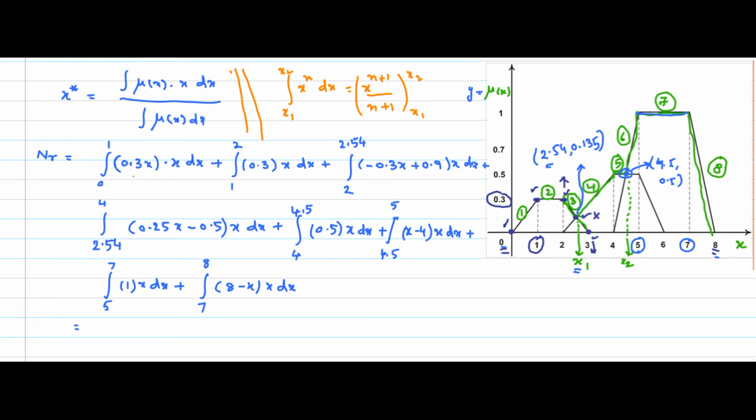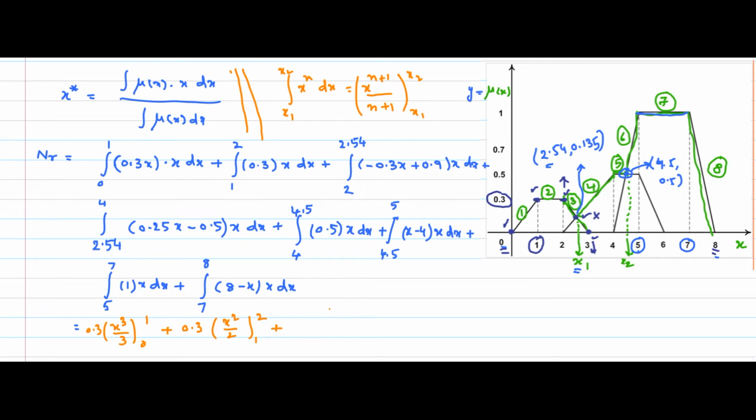It's 0.3, it's a constant, take out from the integral, and x square is there. So integral of x square according to this formula, here n equal to 2. So it should be x cubed by 3, from 0 to 1. That's all. Plus, let me substitute in the next step. It is 0.3, take out. So here also 0.3 will be there. Understood? Here also 0.3 is there. Take out that 0.3 outside, and integral of x will be equal to x square by 2. It is from 1 to 2.